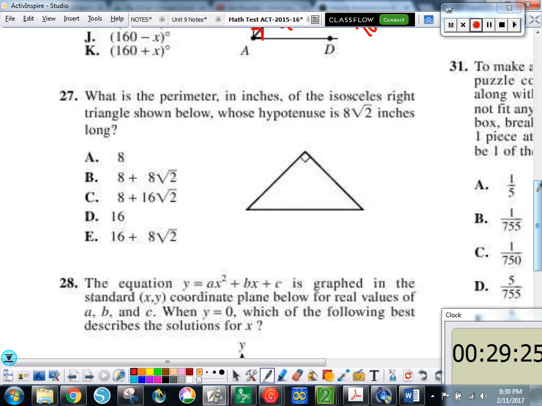What is the perimeter in inches of the isosceles right triangle shown below, whose hypotenuse is 8 square root 2? We are learning this lesson next time. So you need to find the perimeter, which means you need to find x. This is a 45, 45, 90 because